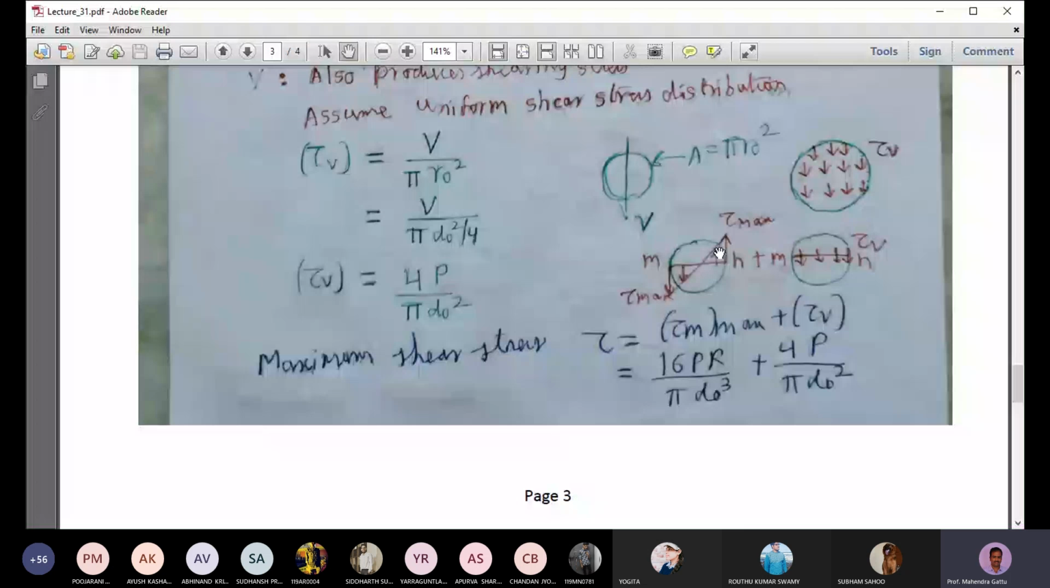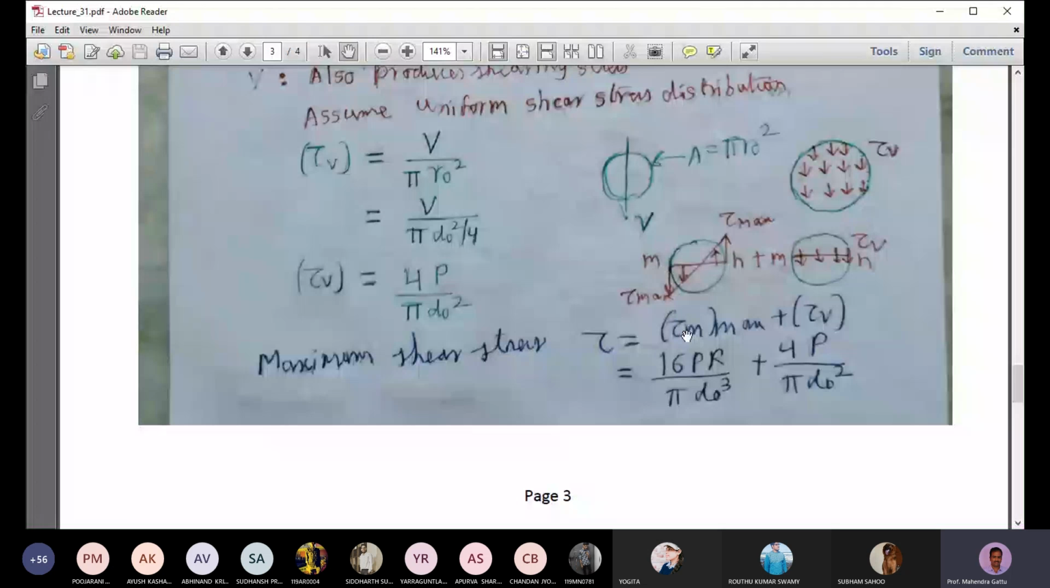Here, due to the torsional moment, we have tau max, which is varying in this fashion, and on Mn we have this tau average, which is uniform. So we want to find what is the maximum shear stress. At this point on the outer coil, tau v minus tau max is acting, and on the inner coil we have tau max plus tau v. So the maximum shear stress will occur in the inner part of the coil, this part at M,